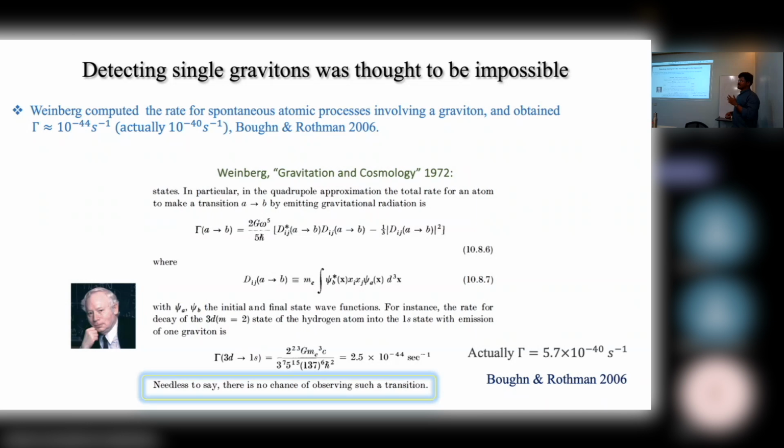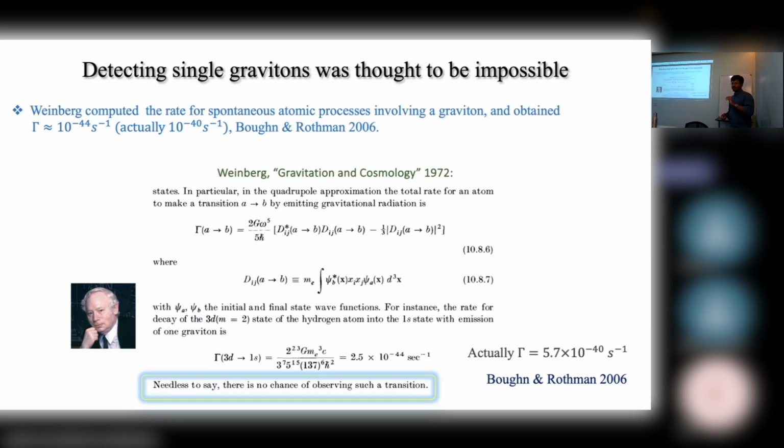And then people have asked, does this have experimental consequences? So do we see any prospects of detecting the quantum nature of gravity through this kind of thing? If you look at Weinberg's textbook on gravitation and cosmology, there's a section where he asks the question, let's say I prepare a hydrogen atom in an excited state with a non-zero quadrupolar transition moment to another state. What is the probability that the system will de-excite